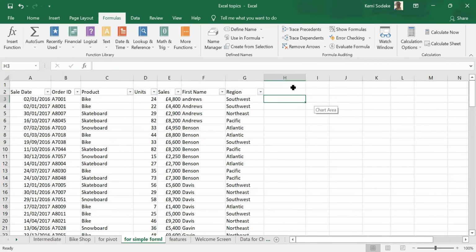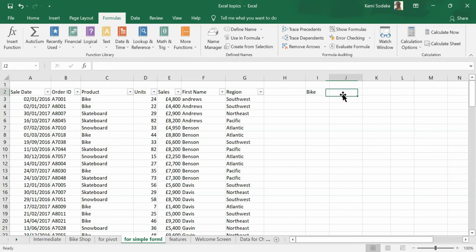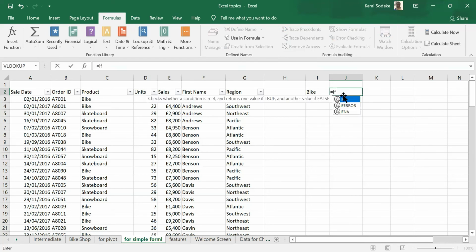Let's use this one. So I have bike here. So I want to say, for the bikes I have on this data, I want this to count that if the product is bike, give me the number of units beside the bike. This is not going to be perfect because I have a lot of bikes here. So I would say equal to if, open a bracket,